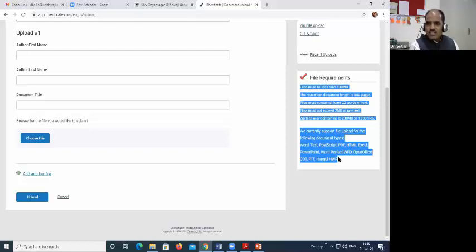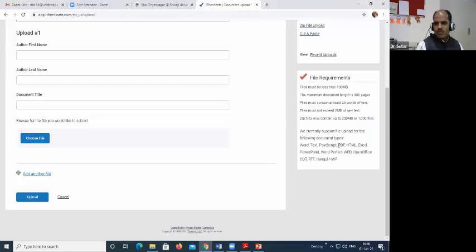The file must not exceed 2 MB of raw text, and zip files may also contain up to 20 MB or 1000 files. So currently supported file types for the software are Word, text, PostScript, PDF, HTML, Excel, PowerPoint, and all these things are there. Basically, we receive the PhD theses of the students in PDF format, because PDF cannot be changed. Again, there is a proper setting, so that needs to be taken into consideration.